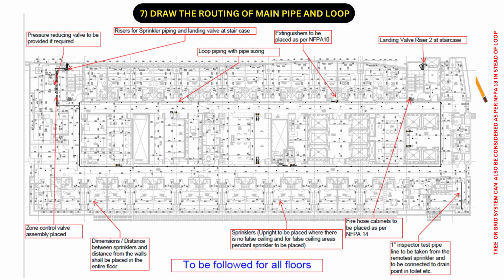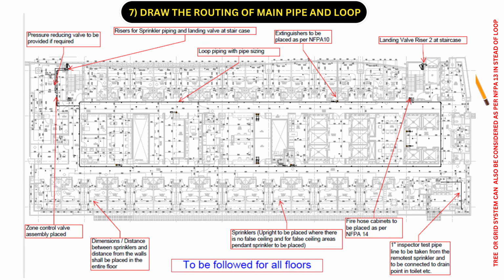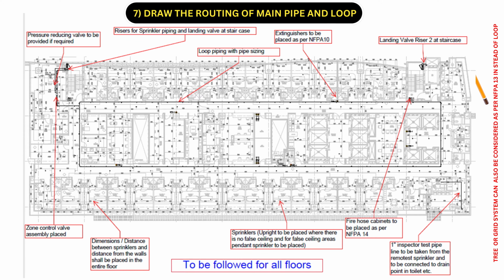Now we need to draw the pipe routing for the main line and also the loop. So basically here you can see on your screen there are various points mentioned. For example, on left hand side you can find risers for sprinkler piping and landing valves at staircase. On right hand side there is a staircase. You can find landing valve riser 2 and also pressure reducing valve to be provided if required as per the